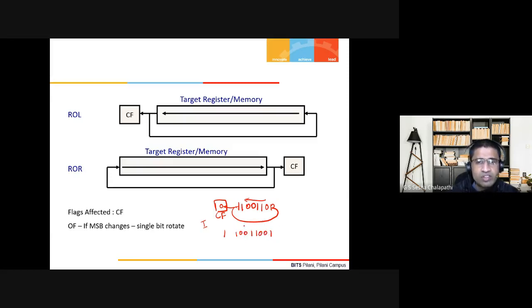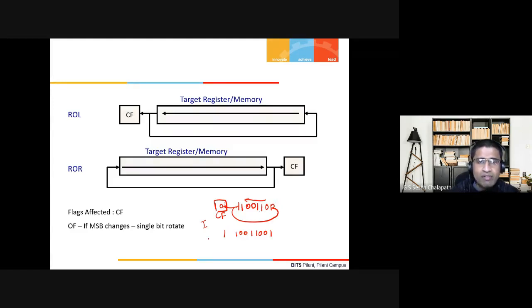After one rotation, the MSB will go into the carry flag, and it will also enter through the LSB side, so this will become 1. And therefore these zeros will get shifted, one will get shifted, and so on.